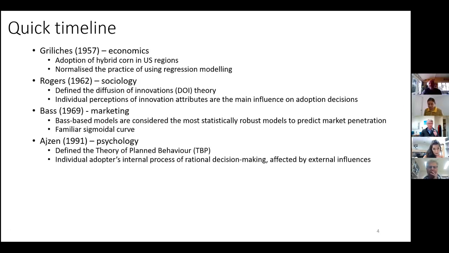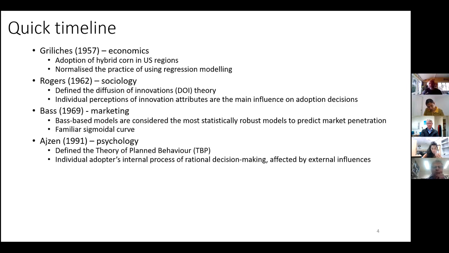And later on, in the early 90s, came the theory of planned behavior, a psychological theory based model. In there, it really tries to understand the internal process of rational decision making, but also influenced by external influences like social norm and perceived control. So those four